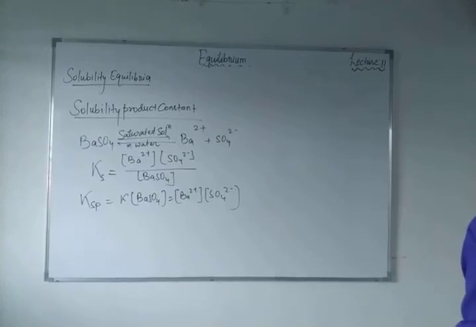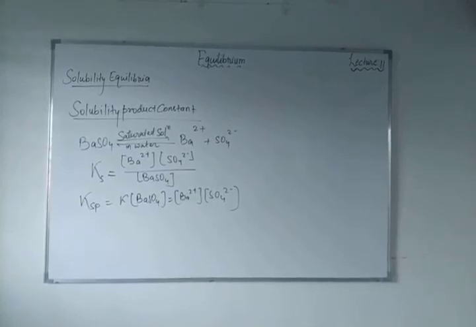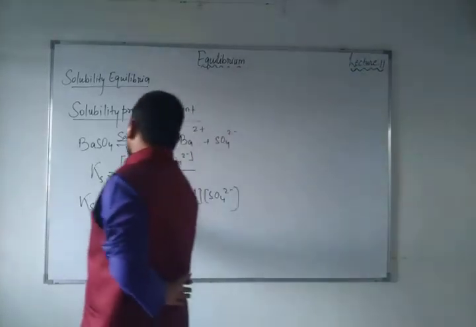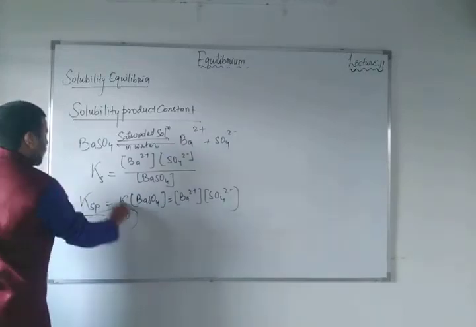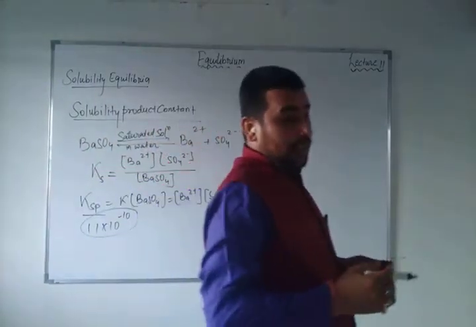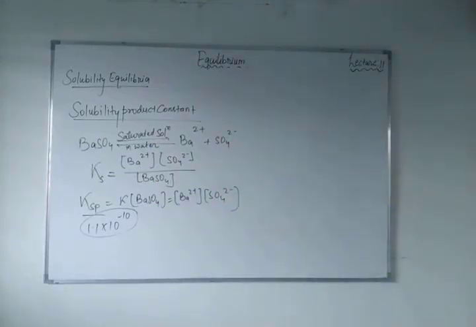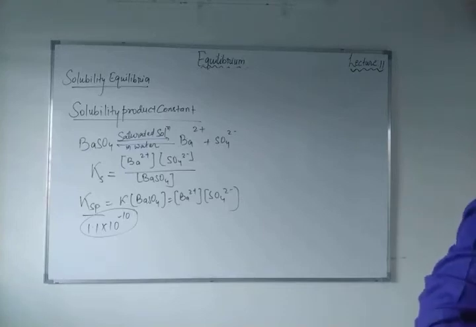And the experimental value will be, just like as we take the experimental value of Kw, 10 to the power minus 14 at 298 Kelvin. Similarly here, the Ksp in the above equation will be 1.1 into 10 to the power minus 10. The value of this Ksp will be 1.1 into 10 to the power minus 10. Now you can ask me, sir, how has this value come? This means that the solid barium sulfate is in equilibrium with its saturated solution,